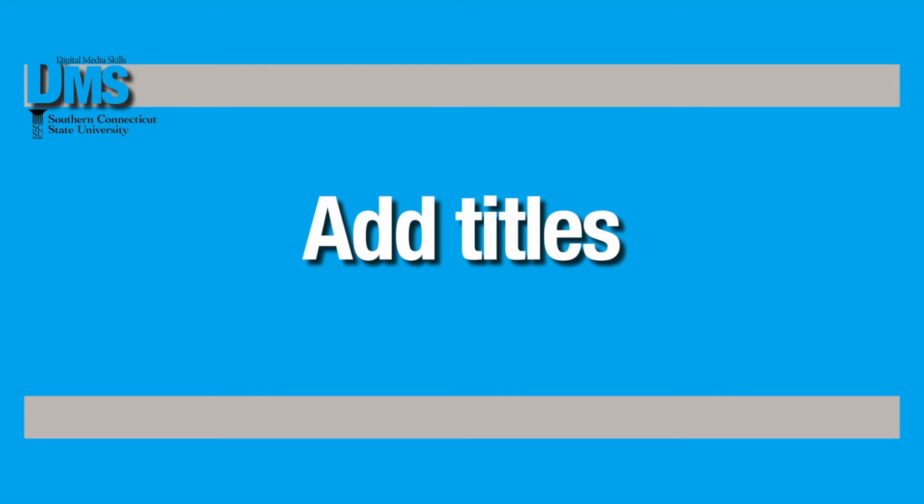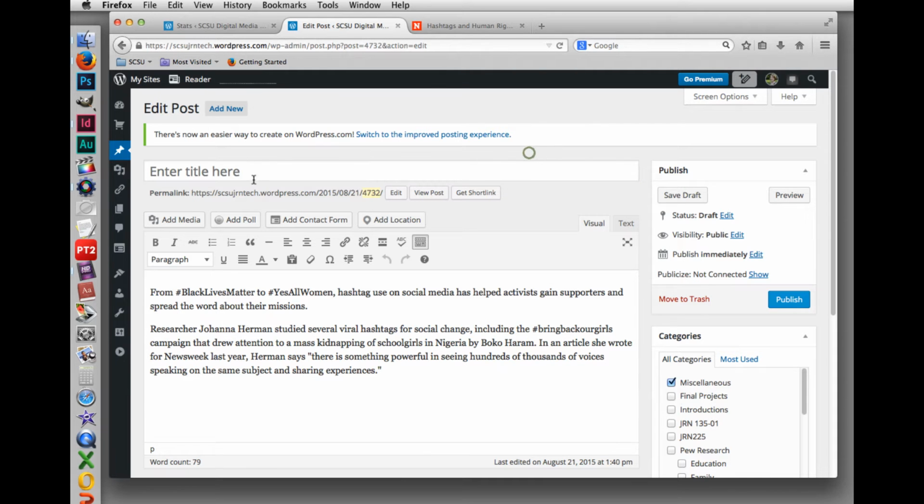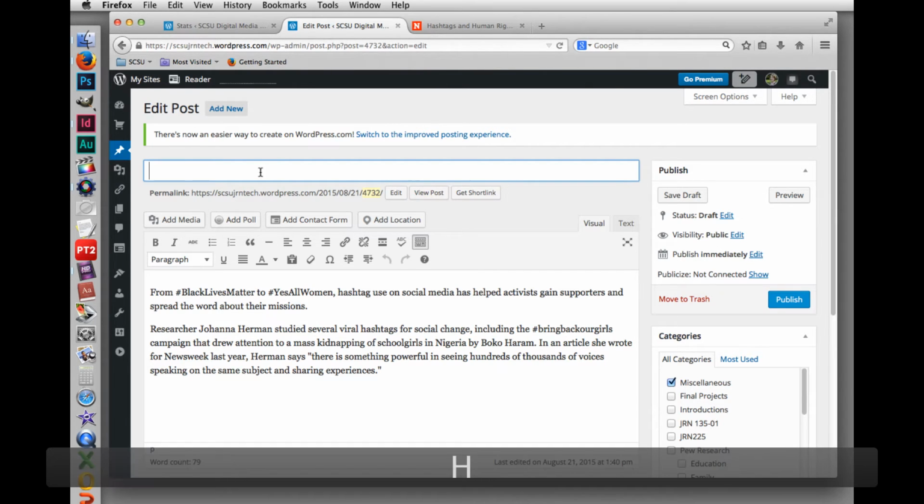So first what we want to do is name our document. And you saw an empty box here. It says enter title here. The name is really important because that will help people find your content. It will also create a URL with details about the post. So this is a post about hashtag activism,